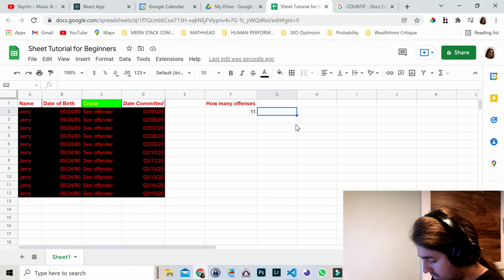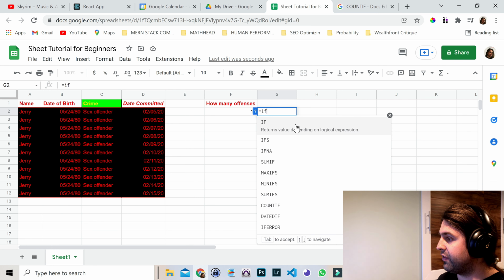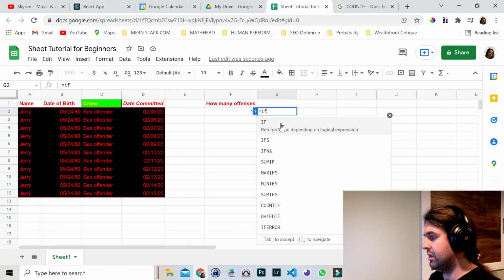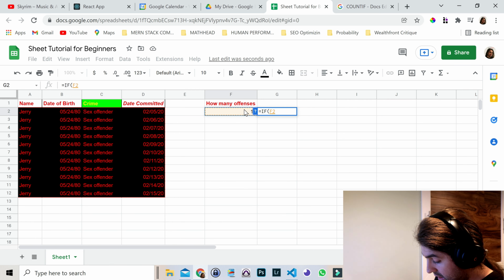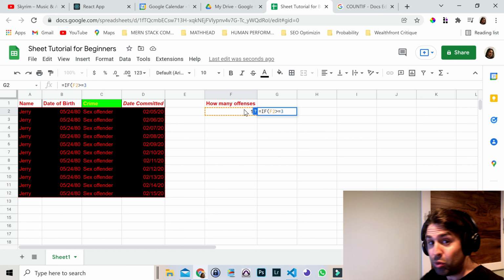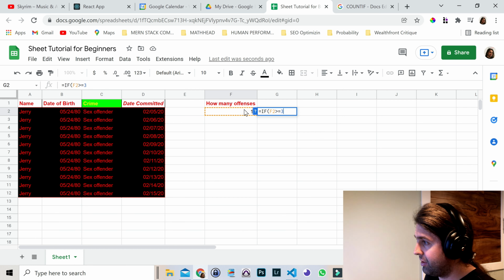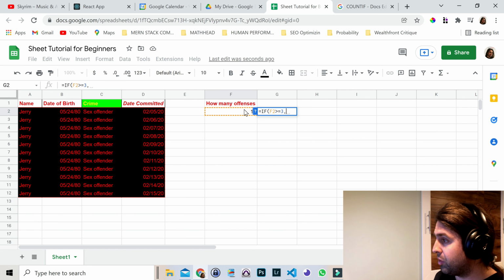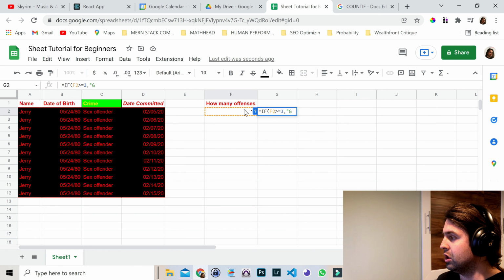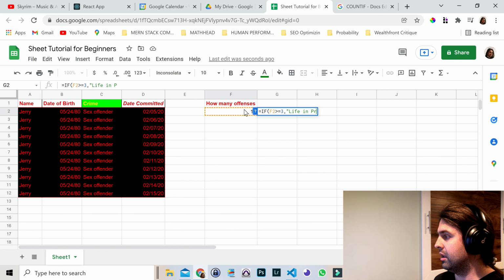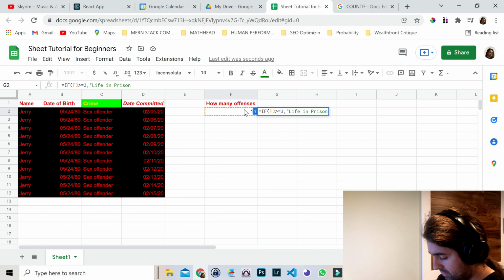Look at this. You could do an if statement. If that is greater than or equal to 3. 3 strikes, you're out, buddy. Remember? Like that? Then equal to 3, then we're going to say life in prison. Otherwise,